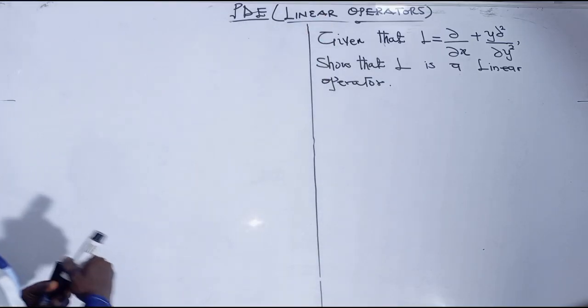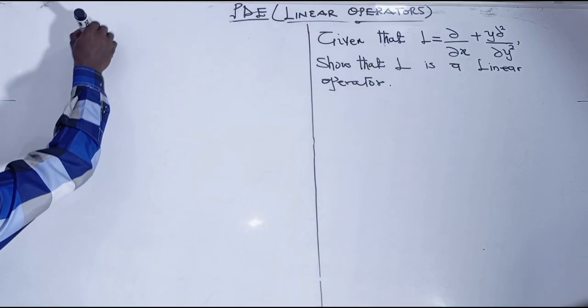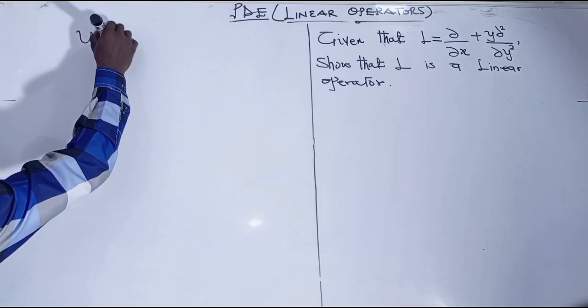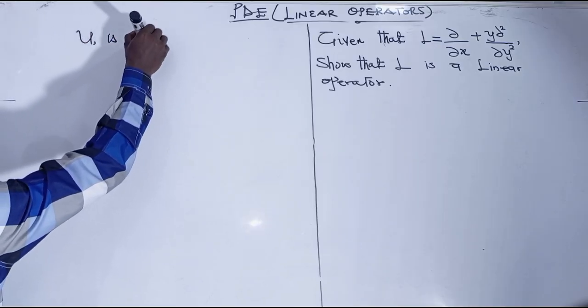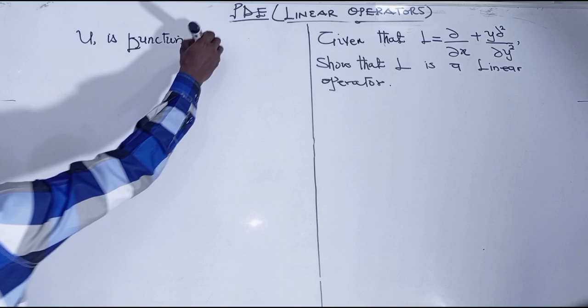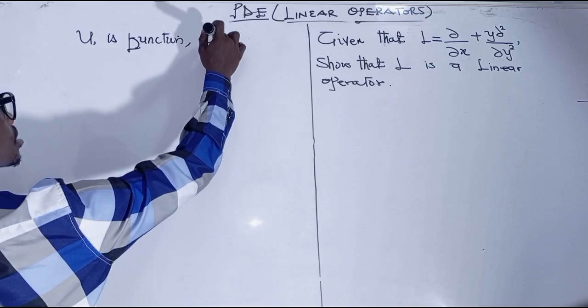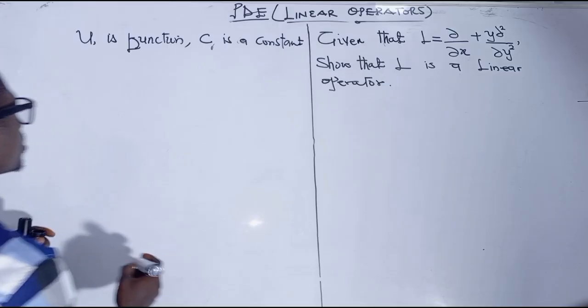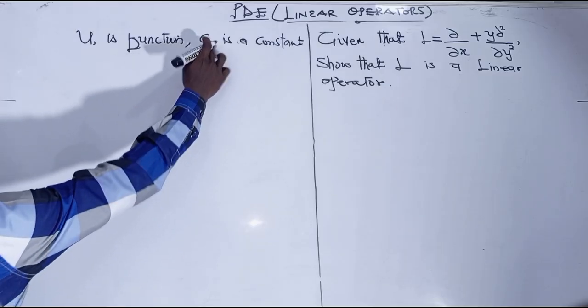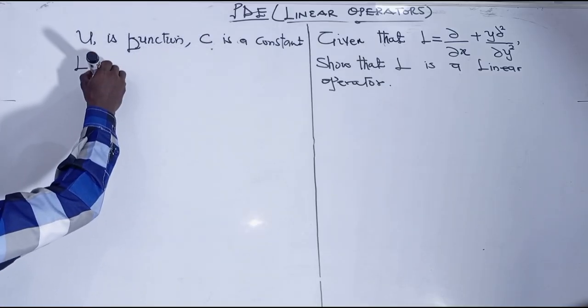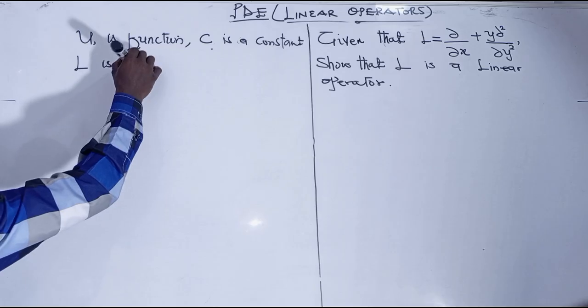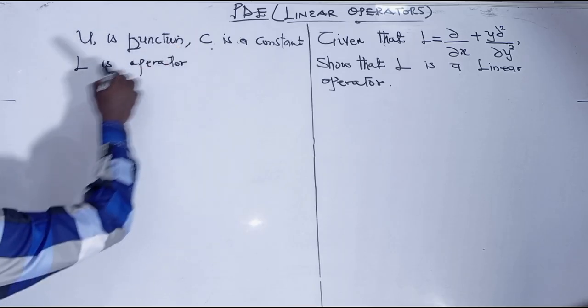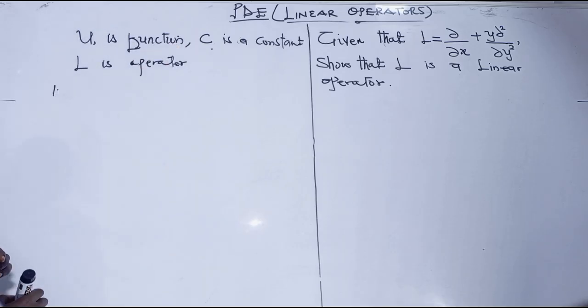We said that if u is a function, c is a constant, and L is an operator, then the first condition is that